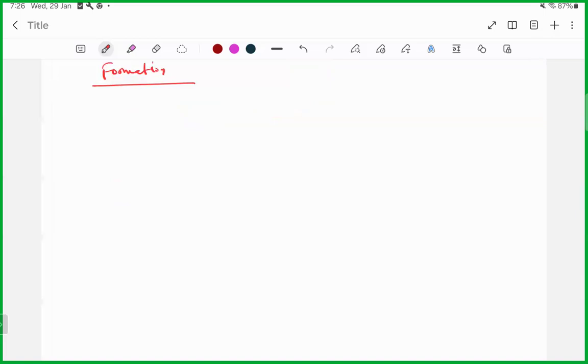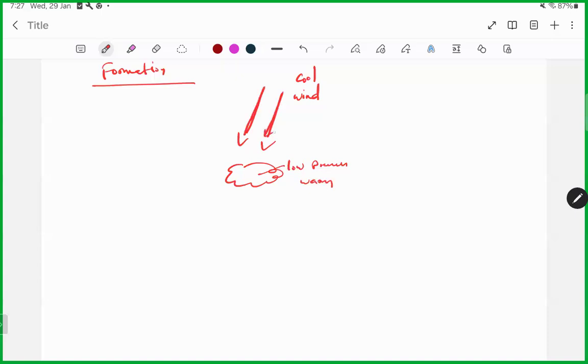As we have studied before, the winds blow from high pressure to low pressure. This is the high pressure, and from the high pressure the wind is cold, cool wind. This is the low pressure area. In the low pressure area, the wind is warm. As it travels from the poles, from high pressure to the low pressure belt,